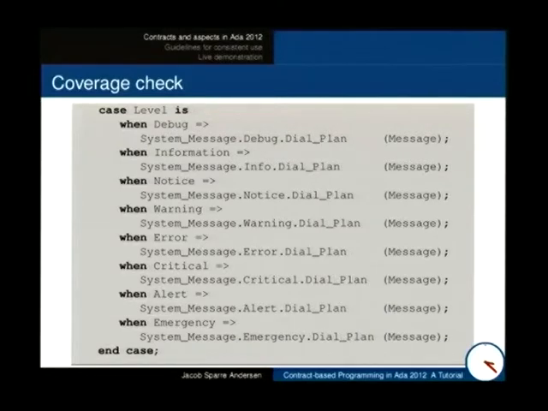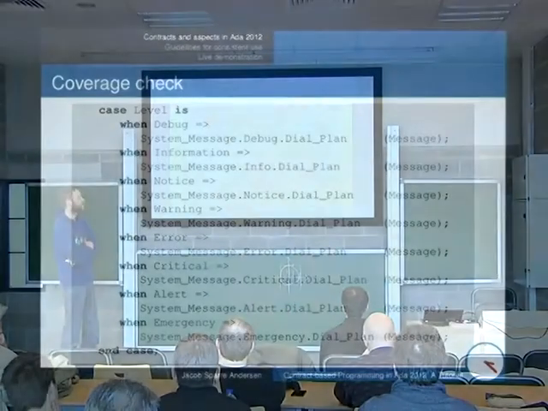And then I talked about coverage check. Here I have a, well, not very nice example of a case statement. Level declares the level of some logging messages, the severity level. And then we say the different operations, where to send the messages depending on the level.